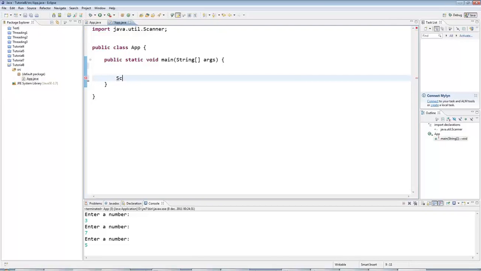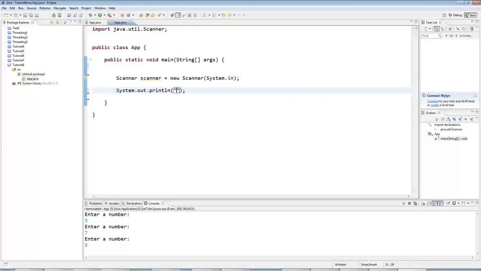And the first thing I need is a scanner object, and as I said in previous tutorials, don't worry too much about this syntax at the moment, just get used to typing it. So I've created a new scanner object which I can then use to get input, and I'll say to the user enter a number, and then I will get the number I enter. I'll say int value equals scanner.nextInt,